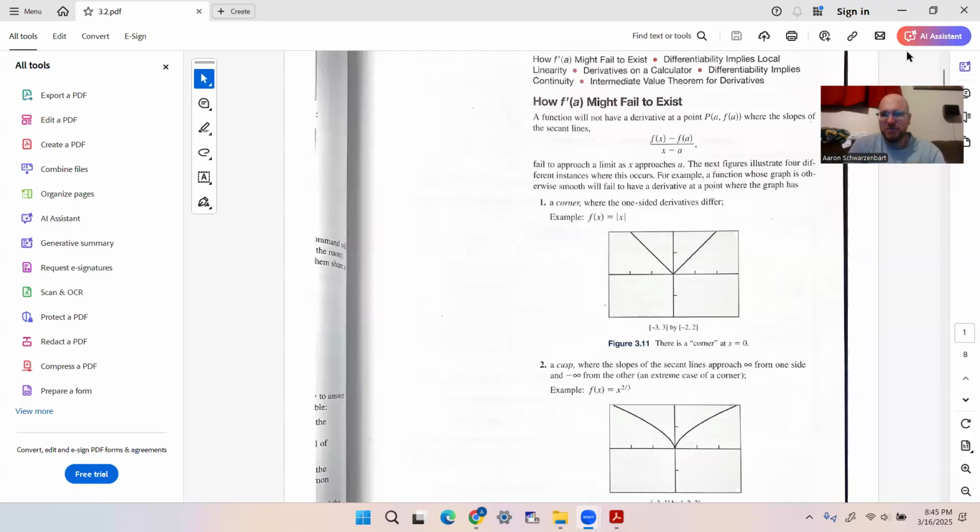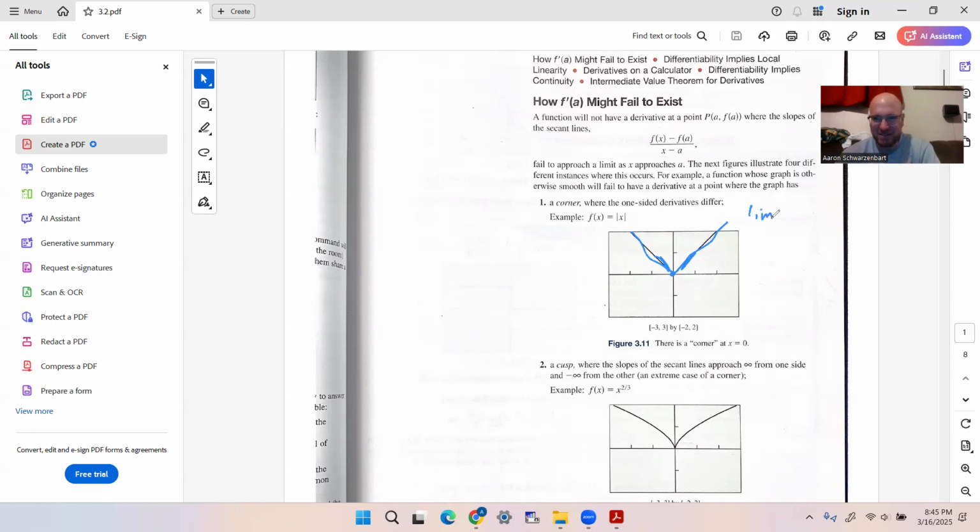Okay, we're going to talk about differentiability, and when is a function differentiable, and what does this mean? So, we know that the derivative gives us the slope of the tangent line at any point. So when it's a line, the derivative is just that line. I can't draw this straight. But we can see this point here where the derivative coming in from the right side is not equal to the derivative coming in from the left side. And so the derivative does not exist